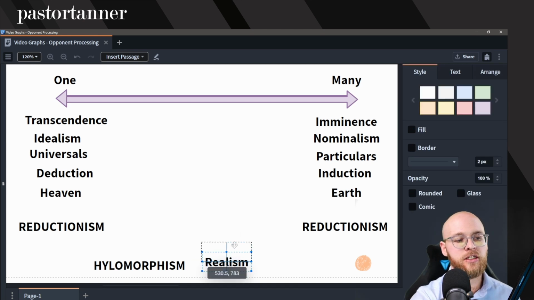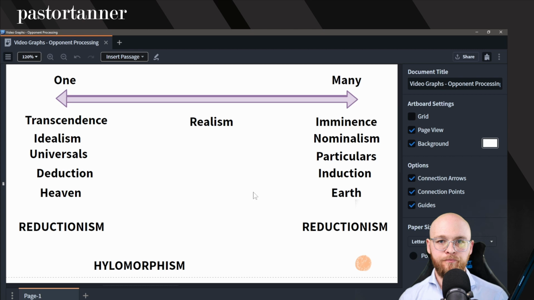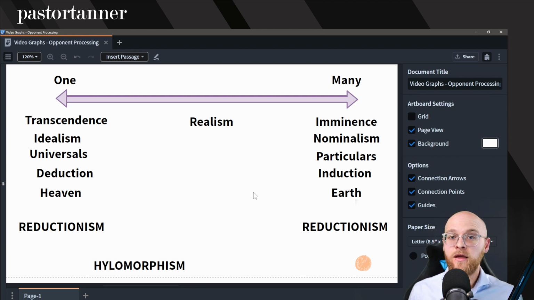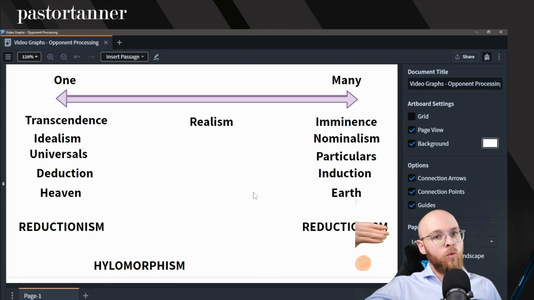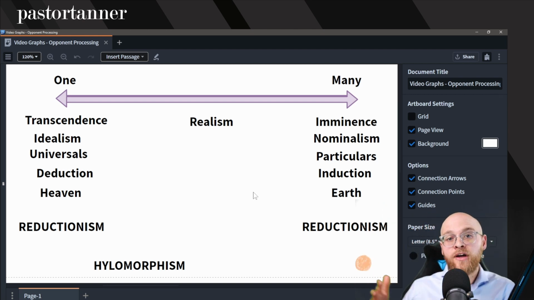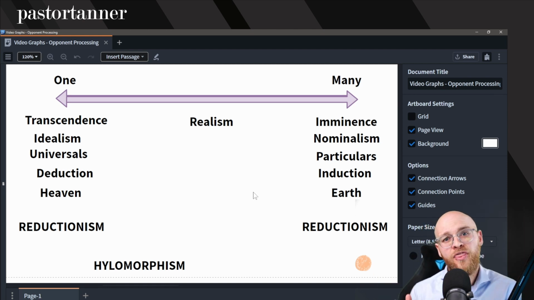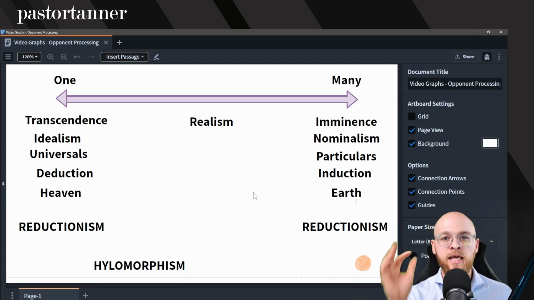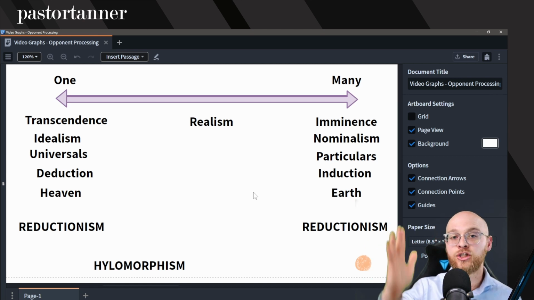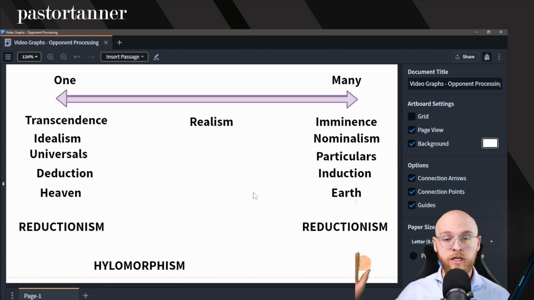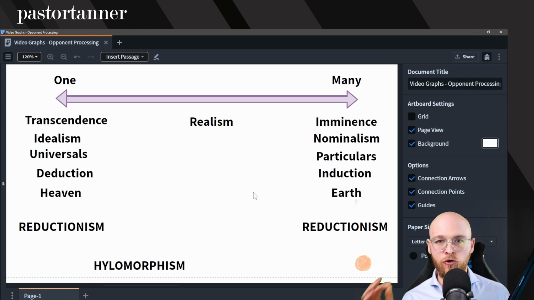This is actually done through realism, okay? Metaphysical realism. Now, some people might think that I'm trying to take the middle road when I reference realism, that I'm trying to navigate between two hard or difficult things, that I'm saying we don't want to be too extreme over here or too extreme over here, therefore realism. Not the case. This is not the kind of realism that I am advocating for. That would actually be simply another form of reductionism. Instead, I am advocating for realism from a both and perspective.